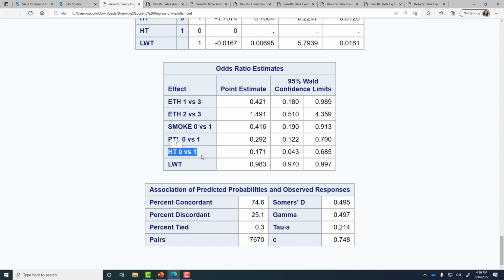The odds ratio here compares mothers without a history of hypertension to mothers with a history of hypertension. This tells us that the odds of having a low birth weight baby for a mother without a history of hypertension are 0.17 times the odds of having a low birth weight baby for a mother with hypertension. So in other words, the odds of having a baby of low birth weight are much lower for mothers that